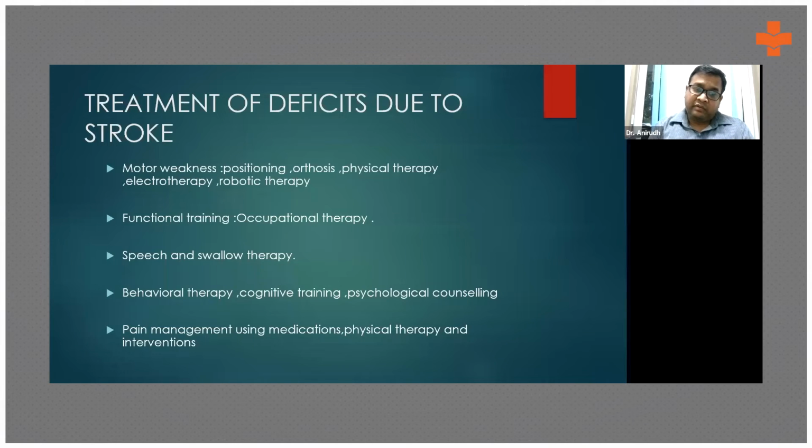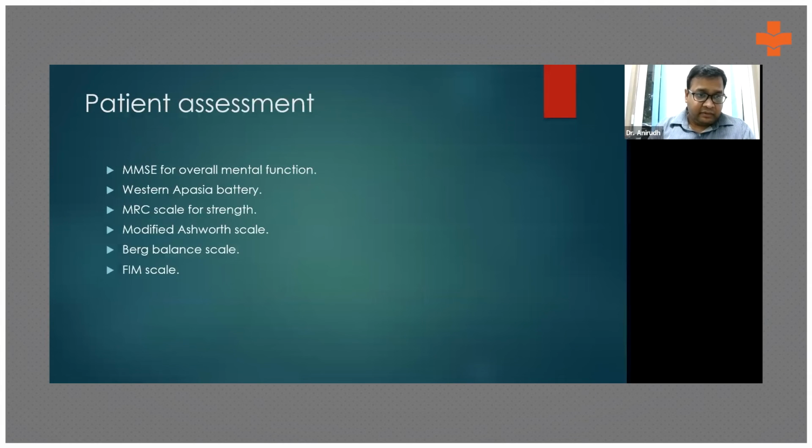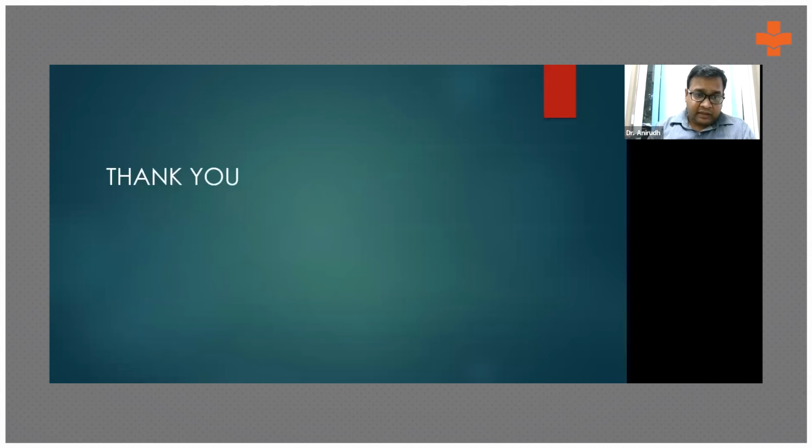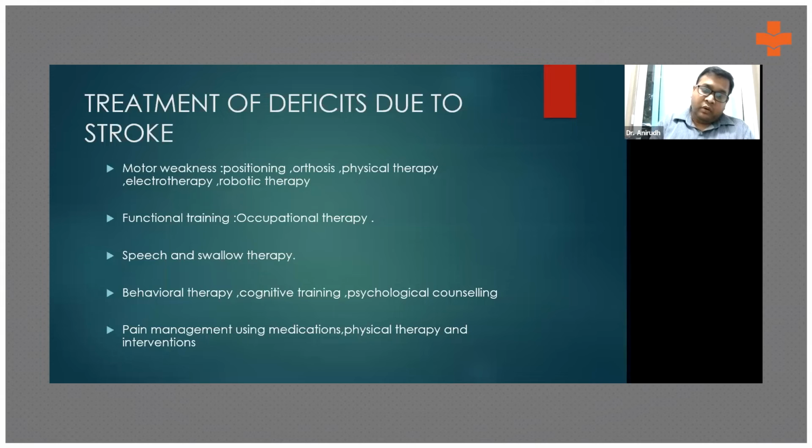Swallow therapist will assess the patient, and generally we start with oromotor movements. If the oromotor movements are good and the laryngeal movement elevation is good, then most of the times the patient is